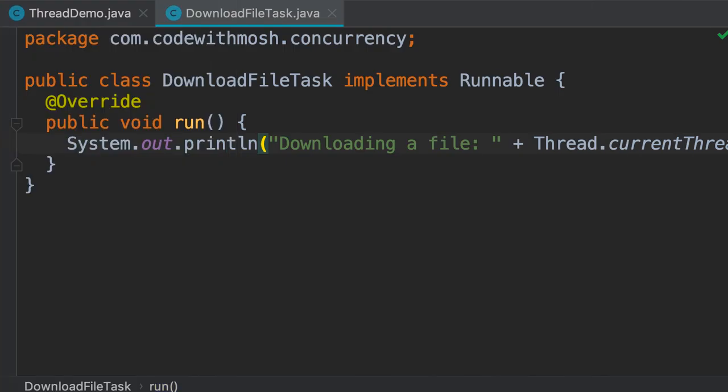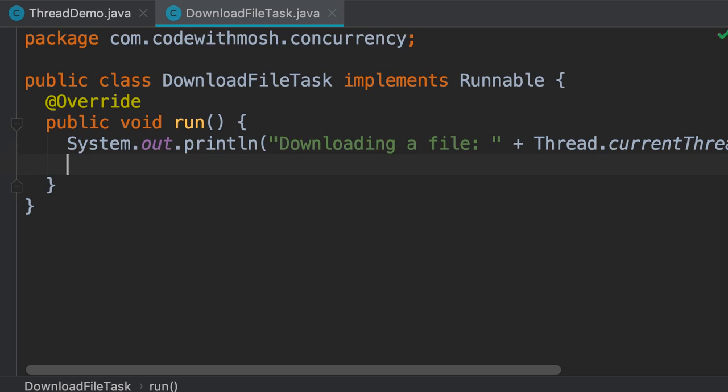The Thread class in Java has a sleep method which we can use for pausing the execution of a thread. With this, we can simulate a long-running operation, like downloading a file that takes a few seconds. So in our task class, after printing this message, let's call